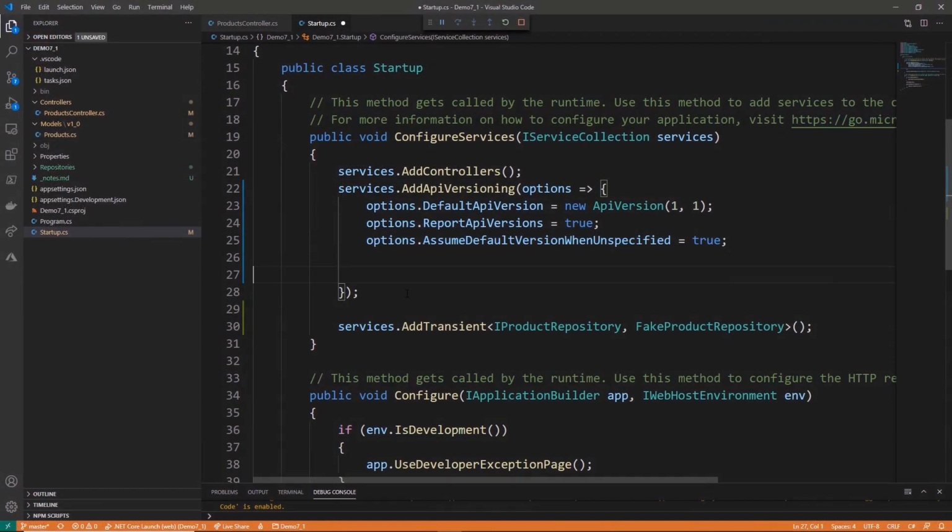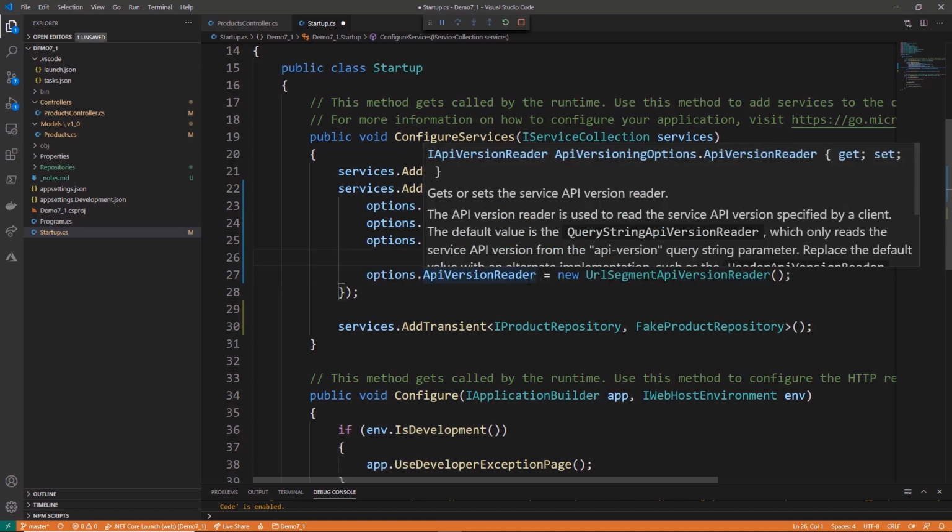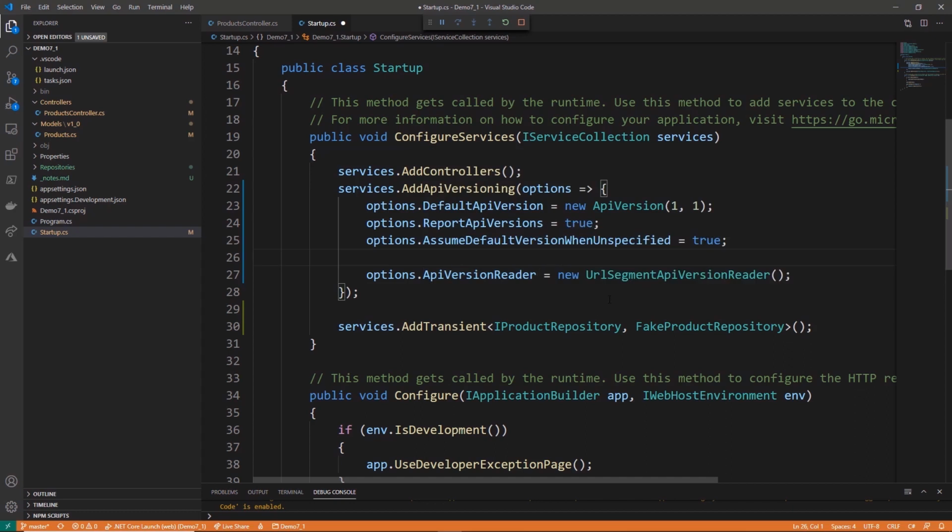Last but not least, the final way that we can support versioning in our requests is via the URI. This is my least favorite way to do it because it's a little bit harder to support, and I don't think it's as flexible as the other two versions, but I'd like to show it to you just for completeness. We'll add a new API version reader, the URL segment API version reader, and this version reader requires an update